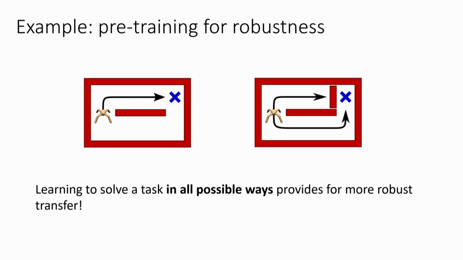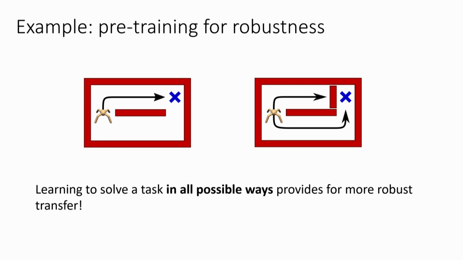I'm not actually aware of any particularly general way to do it in the single task forward transfer case. In the multitask transfer case, there is actually a way to do this. The idea that you can use in multitask transfer, which Kate will discuss a little bit more next week, is that you can assume that during training, you actually train on a distribution of MDPs. So you have some P of M. And then when you transfer, what's really happening is that a new MDP that you haven't seen before is sampled